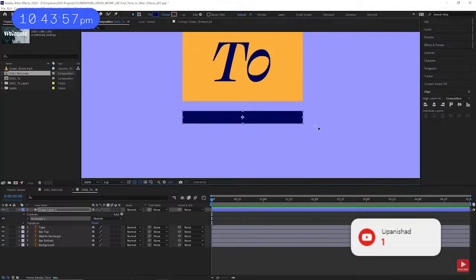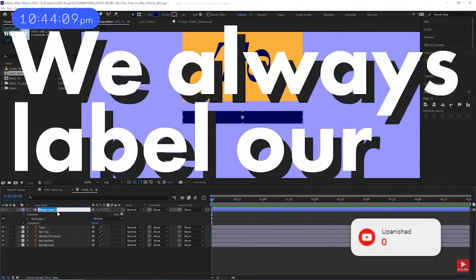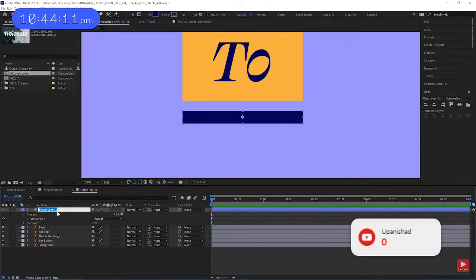There. Now that creates a new shape in our timeline, which is called Shape Layer 1, but let's rename that to keep our layer tidy. And we can do that by selecting it and right-clicking it. And we always label our layers because it makes it so much easier to navigate, especially once we start having a lot of layers, and especially when we're working on projects with other people. It may seem like an annoyance in the short term, but it saves you so much time having a clear and organized project. And you'll be everyone's favorite person to work with, I guarantee it. It is a great habit for anyone at any level to